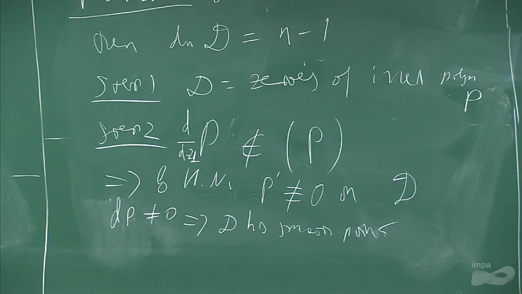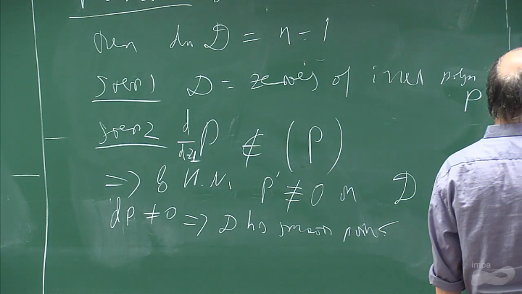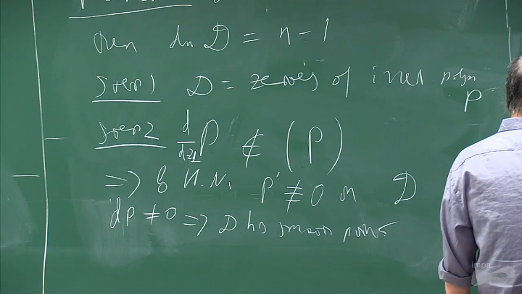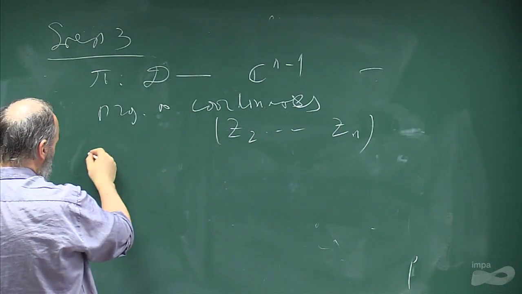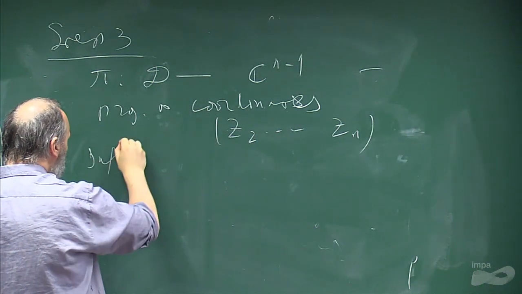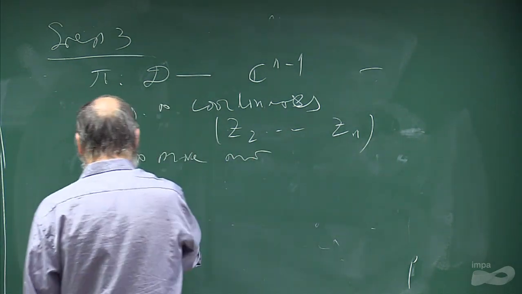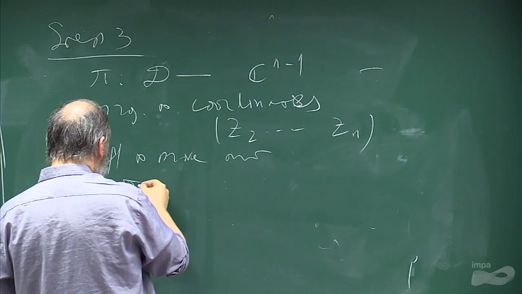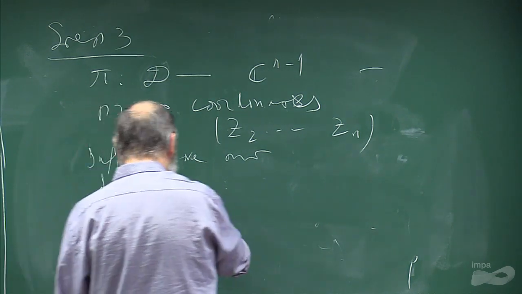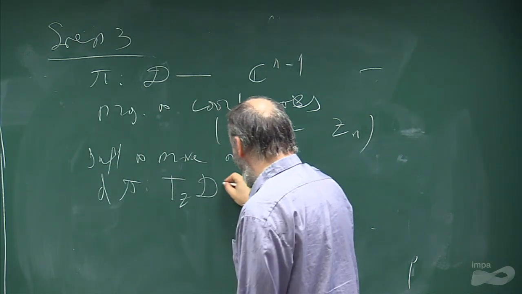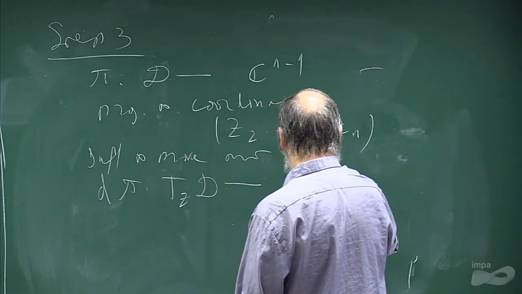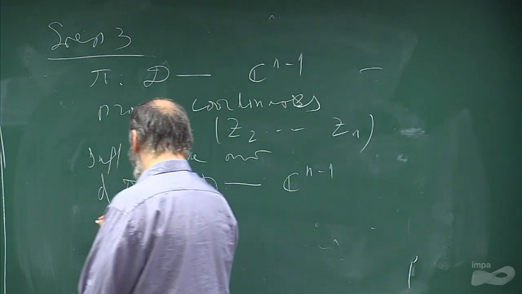So I forget about the first coordinate. I claim that it suffices to prove that d pi from the tangent space to D to Cn minus 1 is an isomorphism